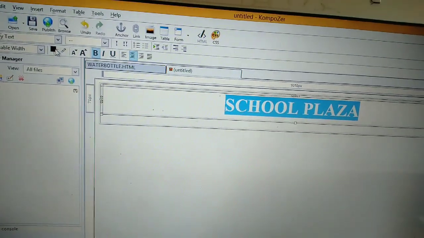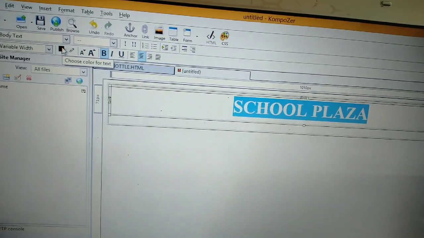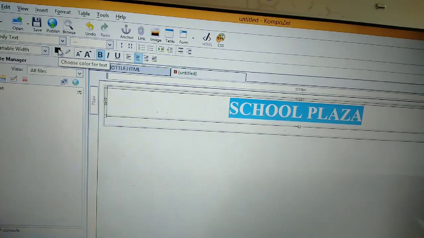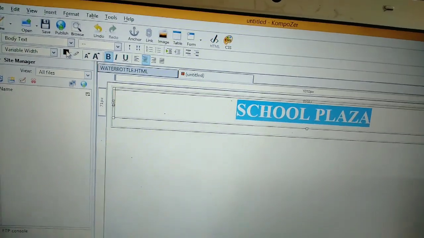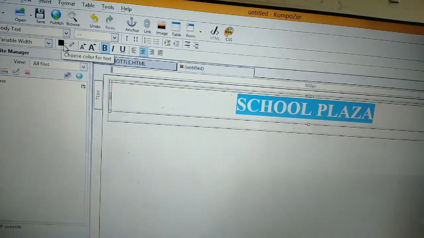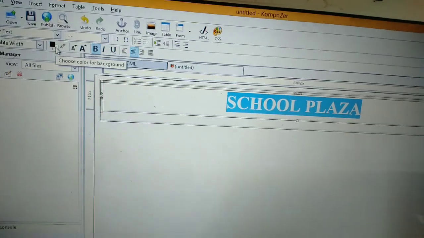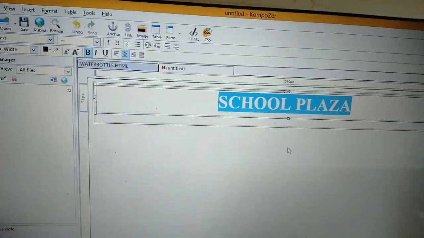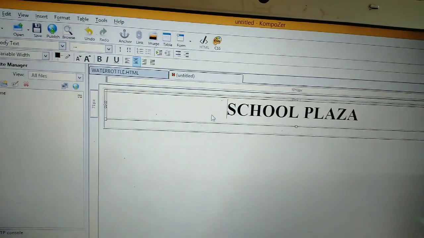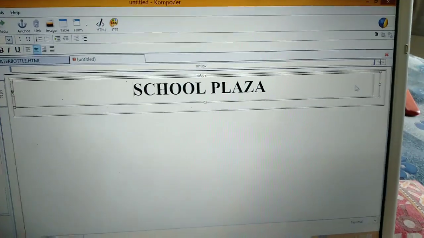If you want to change text color, then choose text color, and if you want to change background color, then choose the color for background. I don't want to apply background color. If you want to apply, then you can select it.